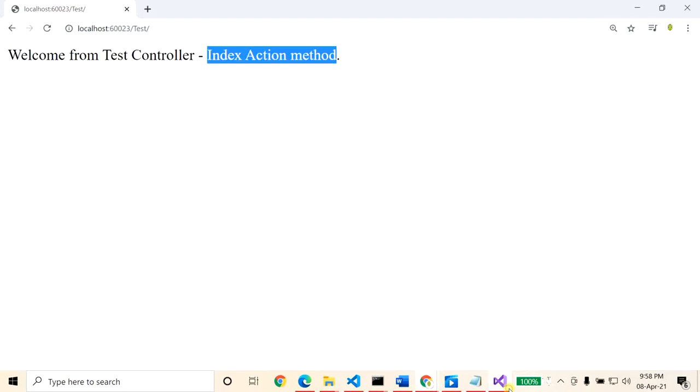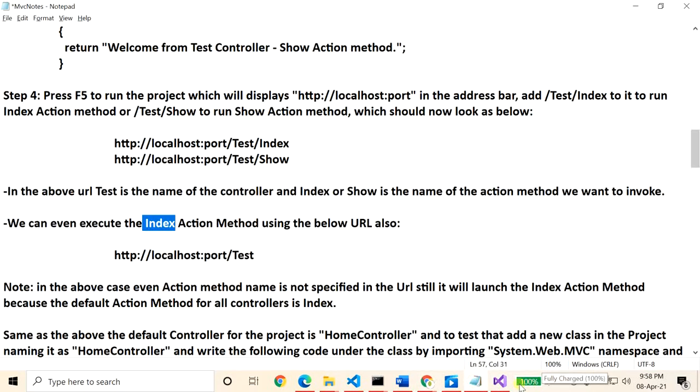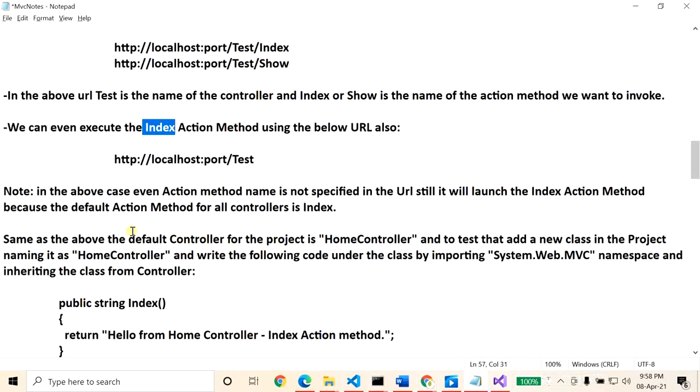So basically, in the above case, even if the action method name is not specified in the URL, it will still launch the index method, because the default action method for all controllers is index.